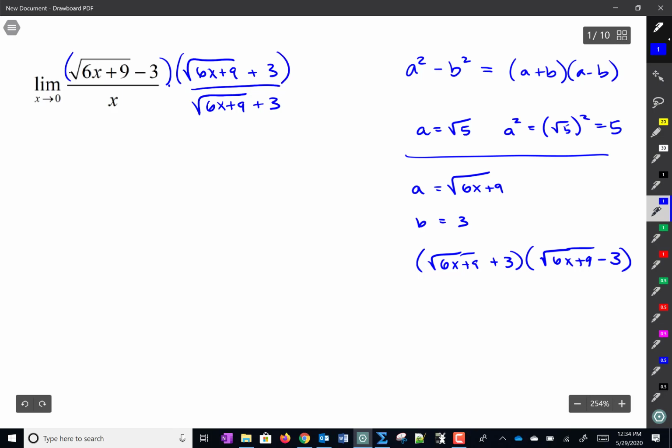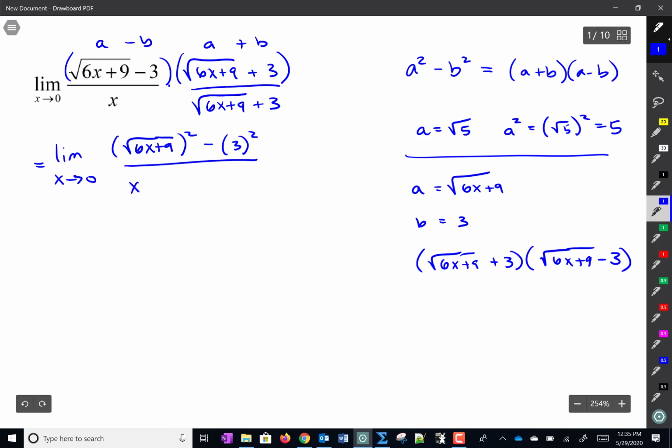So I now have effectively set up a minus b times a plus b, which, according to the difference of squares formula, becomes a squared minus b squared. The denominator does get that square root, and it's not going to disappear altogether. But what's going to happen is this is going to change into a form that we can make so that we don't get 0 over 0. All right, the next step in the process,